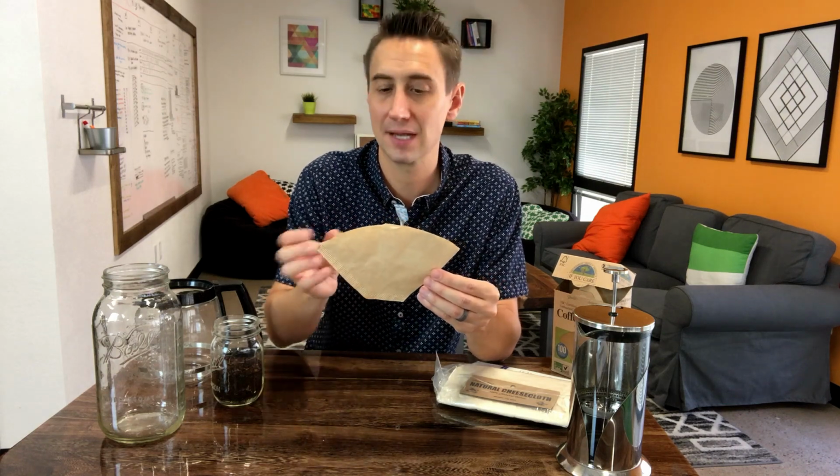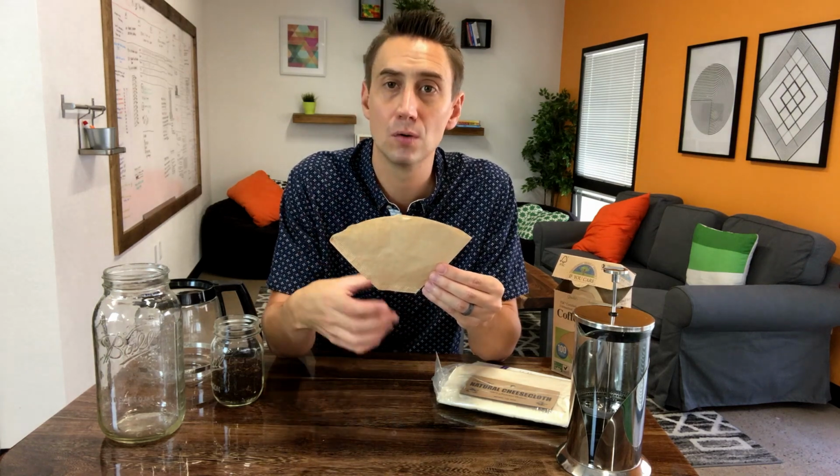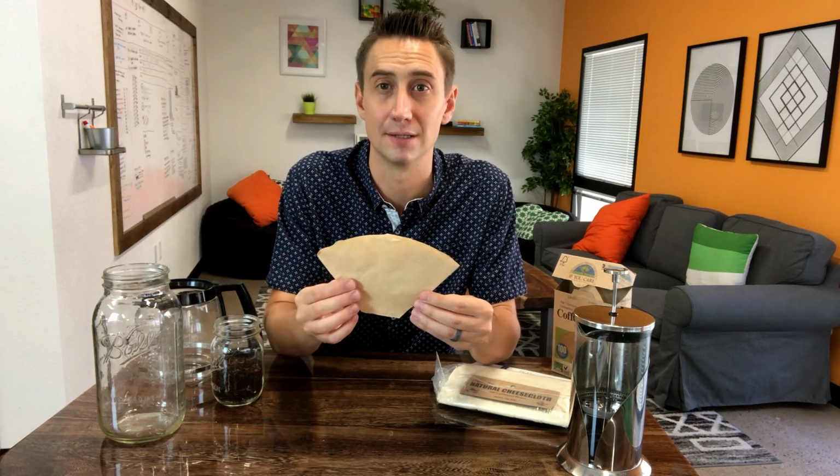The coffee grounds go in, the water's coming out, and it just doesn't filter extremely quickly, at least not for my taste. And one thing that you'll notice as you're making more cold brew is that the filtering process, the time and the ease and the cleanliness of it is one very important thing. And then also how finely it filters. The quality of the filtering is also another aspect that you're going to be keeping in mind